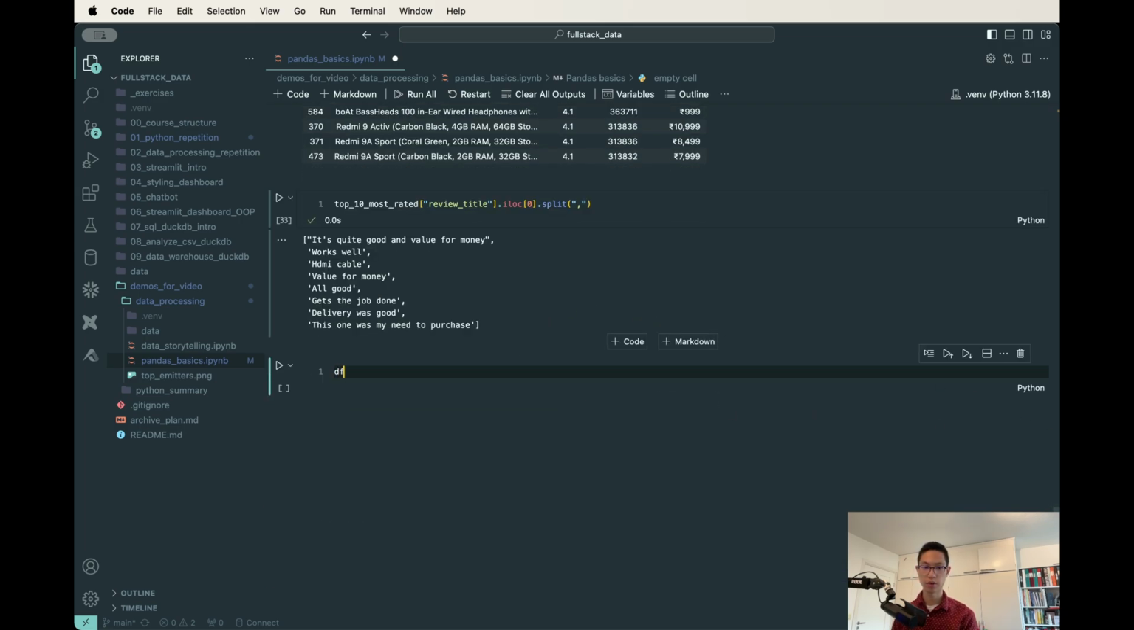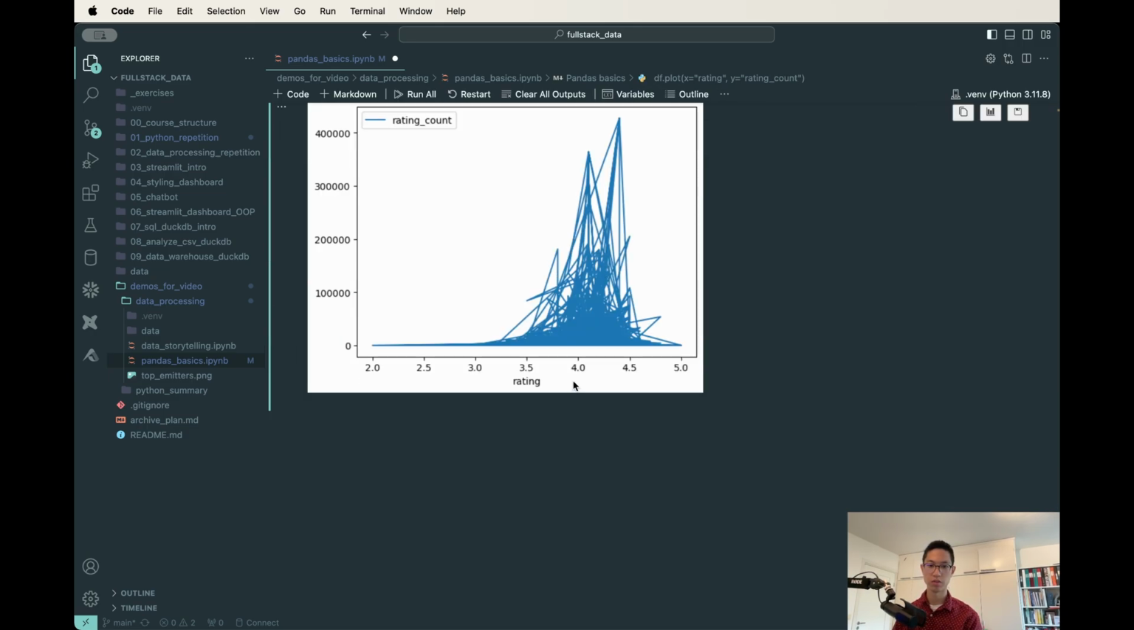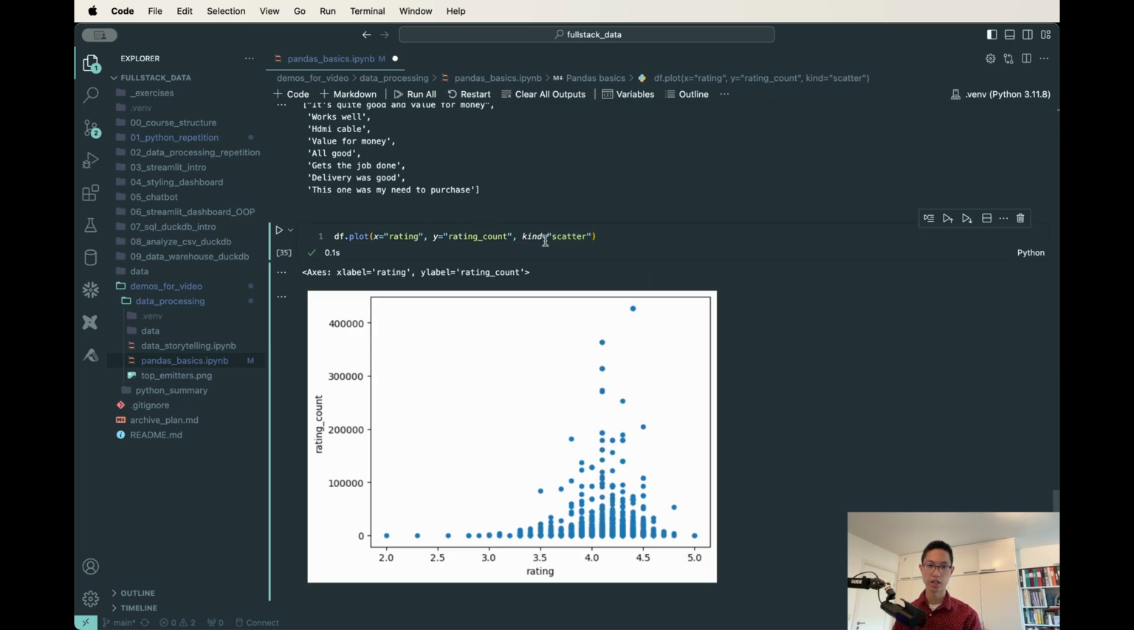We can do some plotting. So df.plot, for example, x equals rating, y equals rating count, and this will be very, very ugly. And so we should have kind equals scatter. So we have a scatter plot instead. So here we can see that